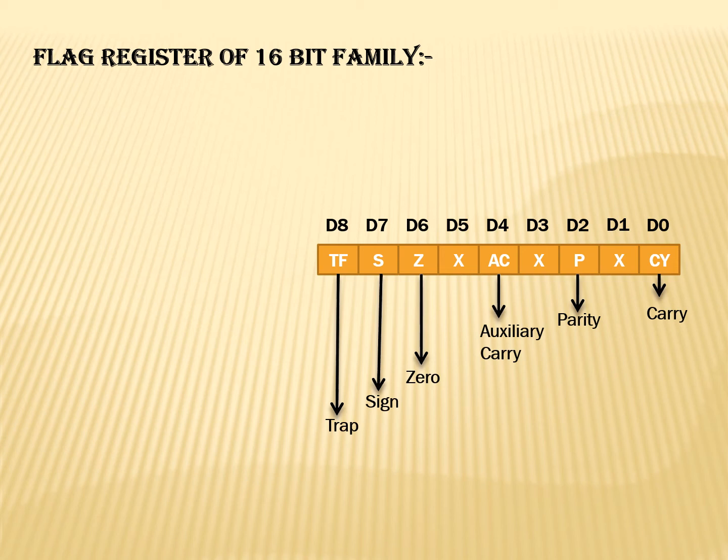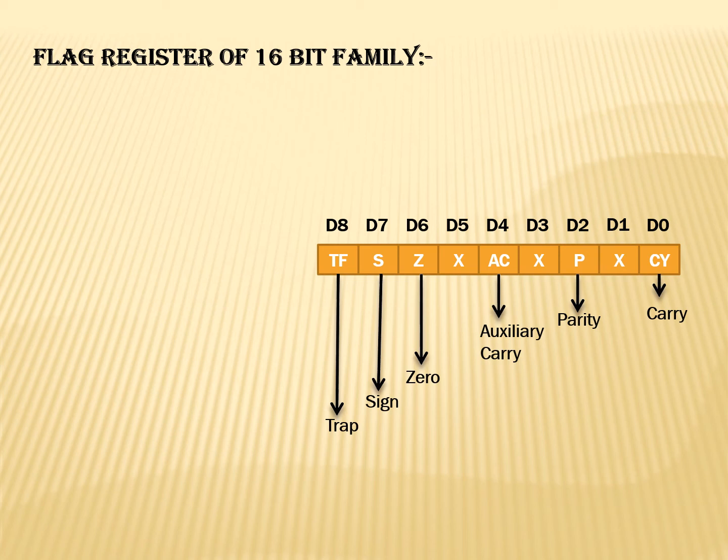Now what is on-chip debugging? If the trap flag is set to 1, the microprocessor will be working in a single step mode for debugging. Now, what is single step mode for debugging? A small subroutine will be generated internally. So, after the execution of each and every instruction, if the trap flag is set, the microprocessor will be entering an ISR, that is interrupt service routine.